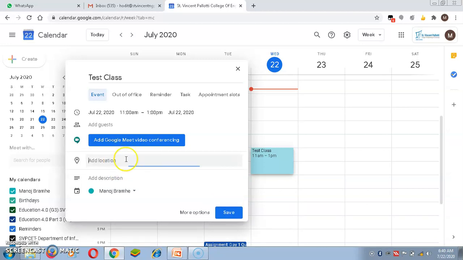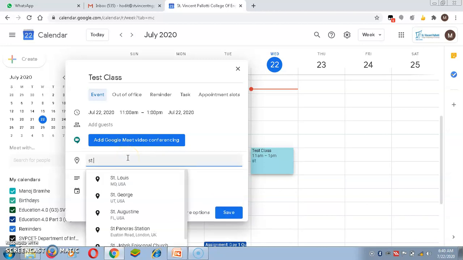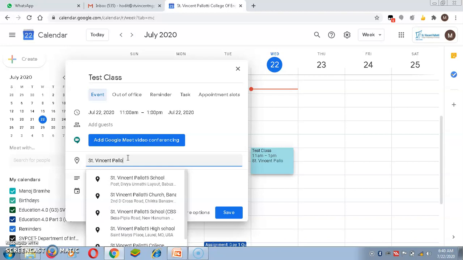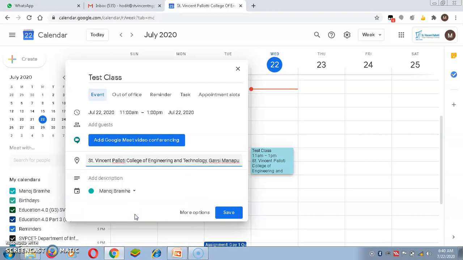For example, I will type my college name, St. Vincent Pallotti College of Engineering and Technology, Gaddi Godam, Nagpur. So here my location will be added. I can add my description.